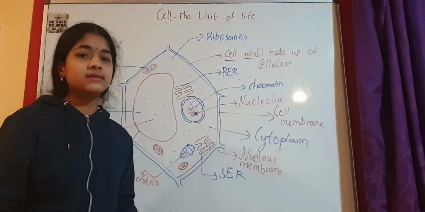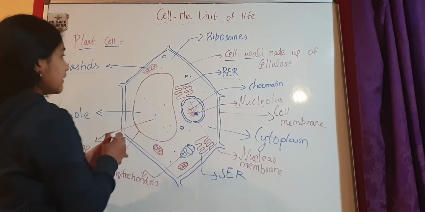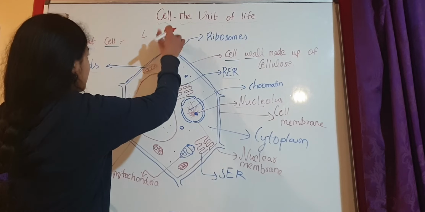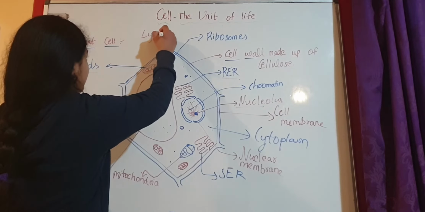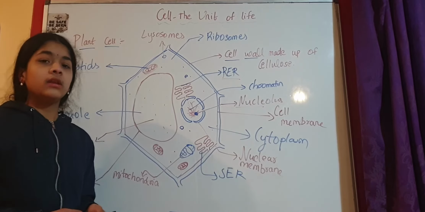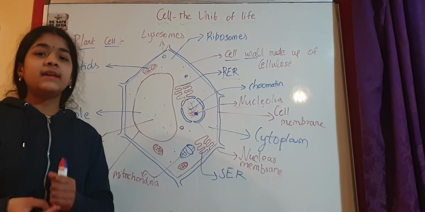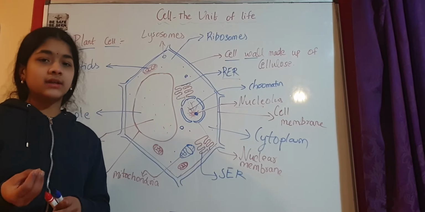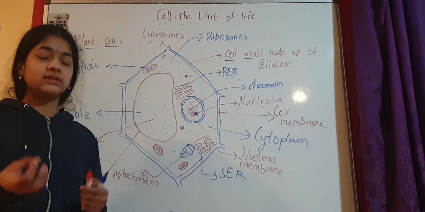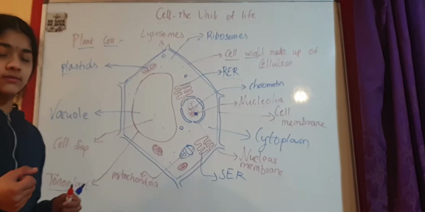And there are two more organelles that we have to discuss, and the first one is called lysosomes, and we have seen these in animal cells as well. So these are lysosomes. Lysosomes are usually called the suicidal bags of the cell. Now why are they called suicidal bags? We have discussed this in the last class as well. Because they digest the waste material or the food. When a foreign substance or any waste material comes into the cell, they usually digest it, and sometimes their own cell. So that's why they're called suicidal bags of the cell.